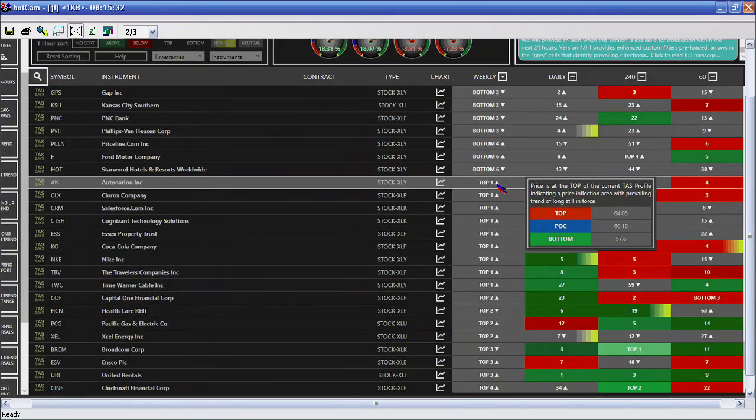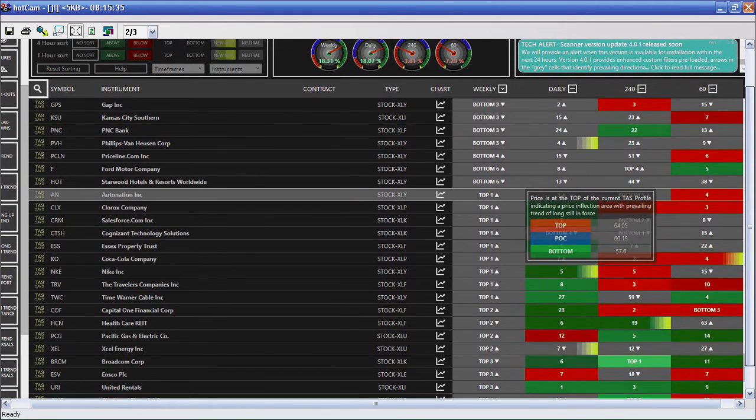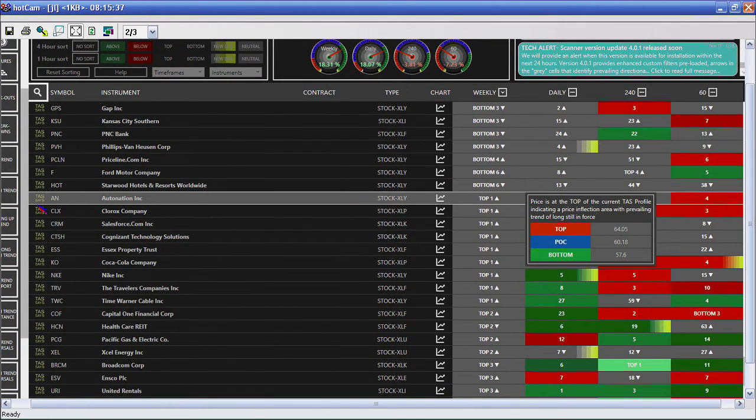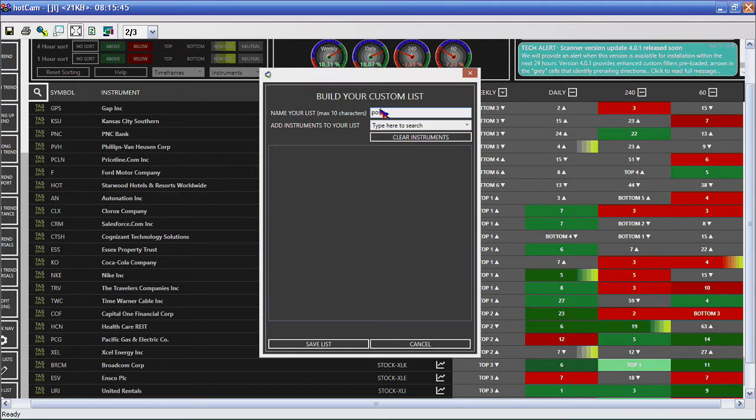So what you could do, just to keep those on the radar screen, because they're weekly setups, and again, if they get back above the profile, they're going to change colors to green. They're going to go top two because it's still second week above the profile. But what you could do is go in here to a list. I could say possible turns, or actually let's call this key reversals.